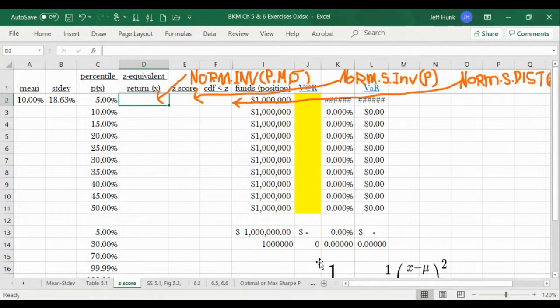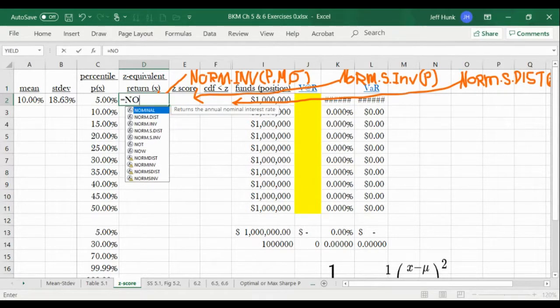In the old days, there was a table, where you follow the column and the row, like the interest factor table that we don't use anymore. So to find that, all we need to do is